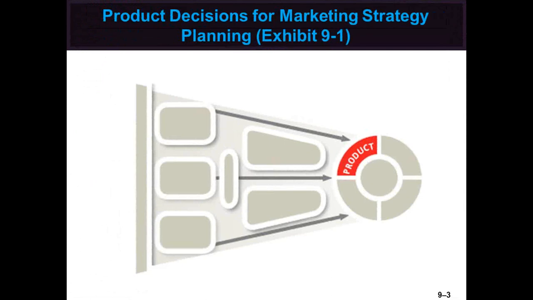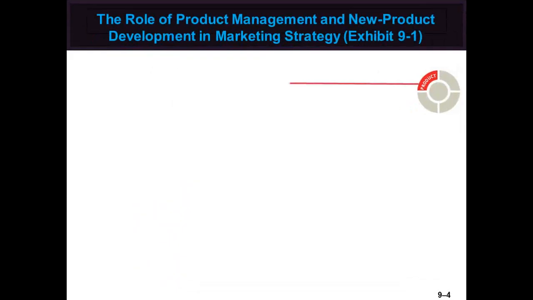Having looked at a number of critical factors in the development of marketing strategy, we're going to continue our discussion with the first of the 4 P's, the product. Once a firm has examined its external market environment, company, competitors, and customers, and understands its segmentation, targeting, differentiation, and positioning, it's ready to start developing its marketing mix. So here we continue the discussion of product.